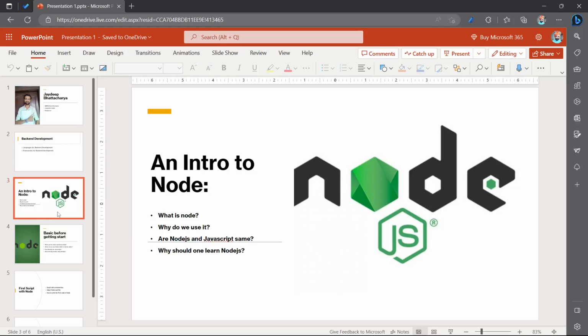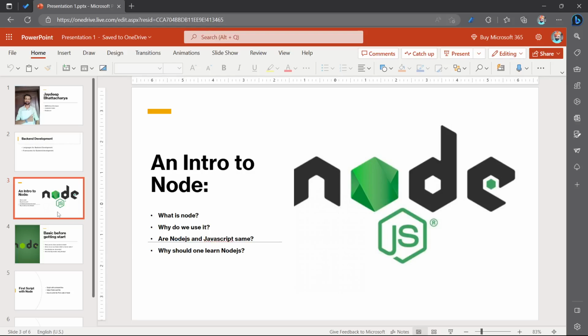We use it for backend development. And are Node.js and JavaScript the same? Yes, pretty much the same, but not completely. With the help of Node.js we can connect to databases, but with JavaScript alone we cannot have the power to connect to a database.